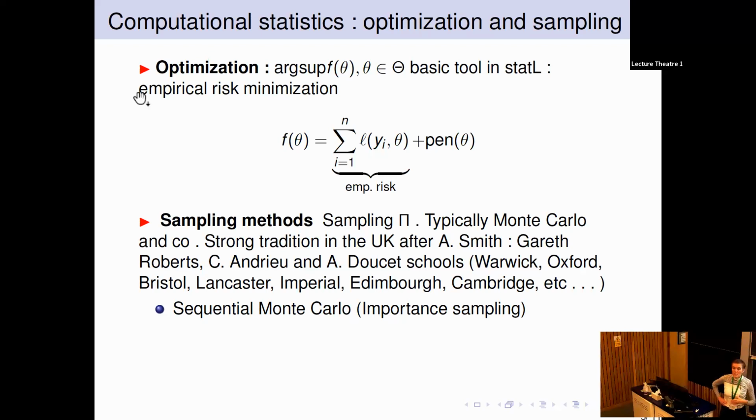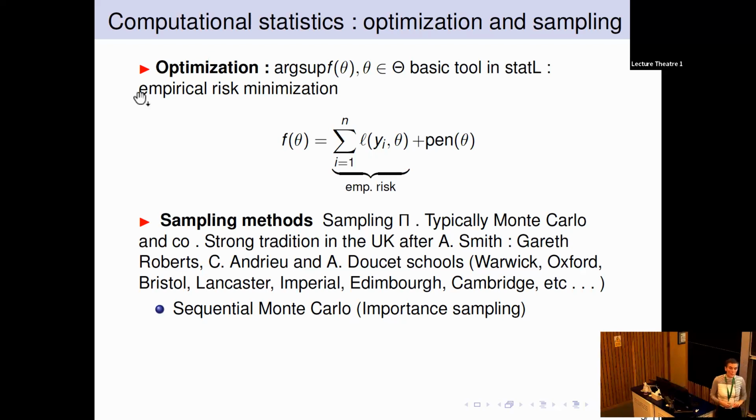And so you have a theoretical question: can you get some guarantees on the kind of convergence that you get, and to what? Other questions are, how can you make it efficient and scalable? How can you make this optimization distributed on different units? So you have all these methodological and theoretical questions, and they are answered by people who use them and by people who want to study them. And these are done in different departments in the UK.